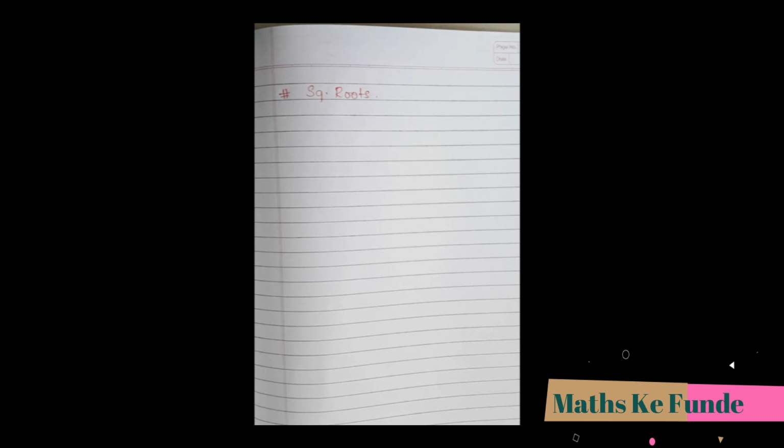Now when it comes to square roots, there's not a particular method which we can follow. There are n number of methods. I've come up with a very simple and basic-level one. Generally for square roots, children either factorize the number and then try pairing the numbers to get the square roots, or they use the conventional long division method.